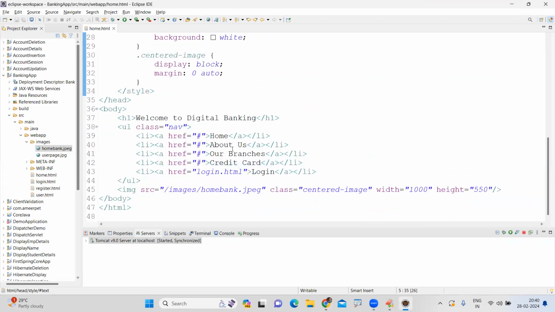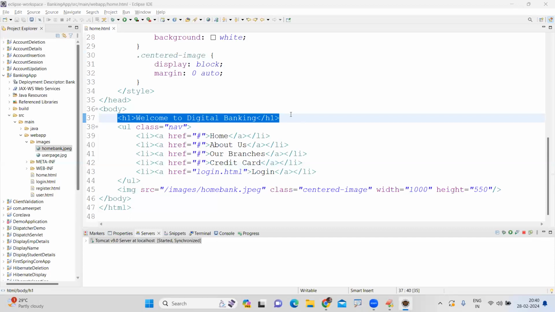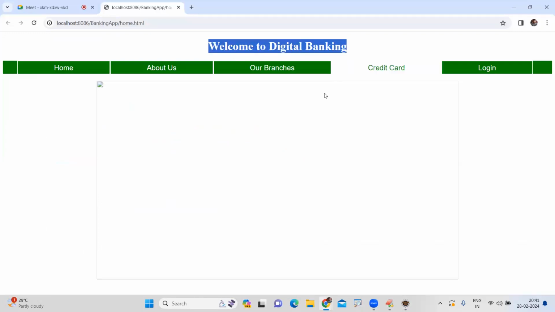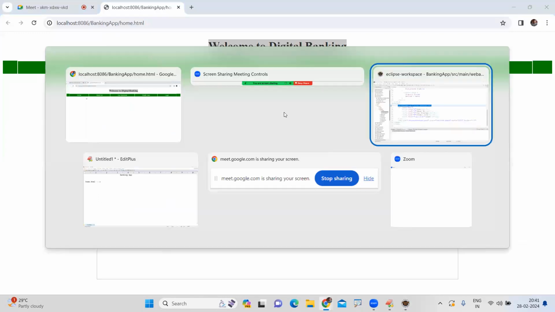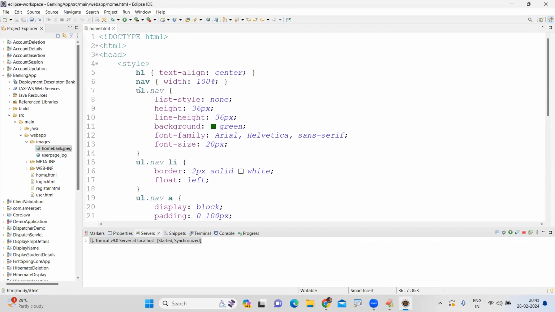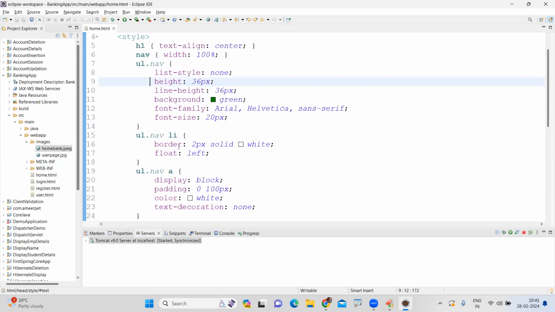The first text, that H1, welcome to the digital banking, is aligned to the center. That is the one. Okay. The next one is for the navigational menu. In this, ul.navigation is applicable to that complete unordered list. But inside that, in navigation, again li, the list items,